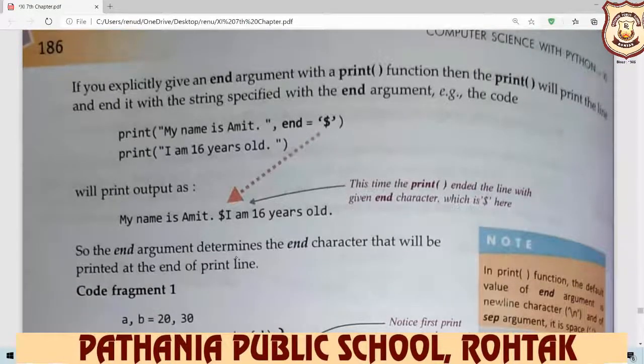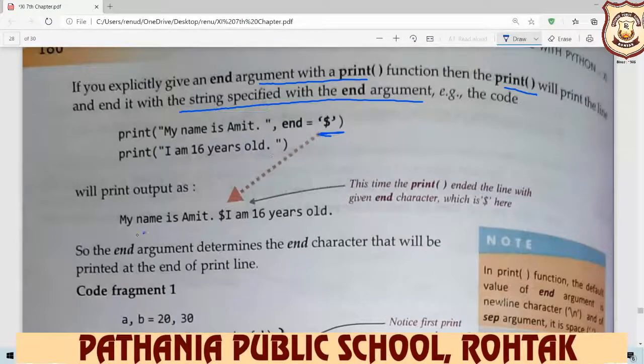And if you explicitly give an end argument with the print function, then print will end the line with the string specified with the end argument. You specify a string value for the end argument. For example, print my name is Amit and end equals dollar sign.